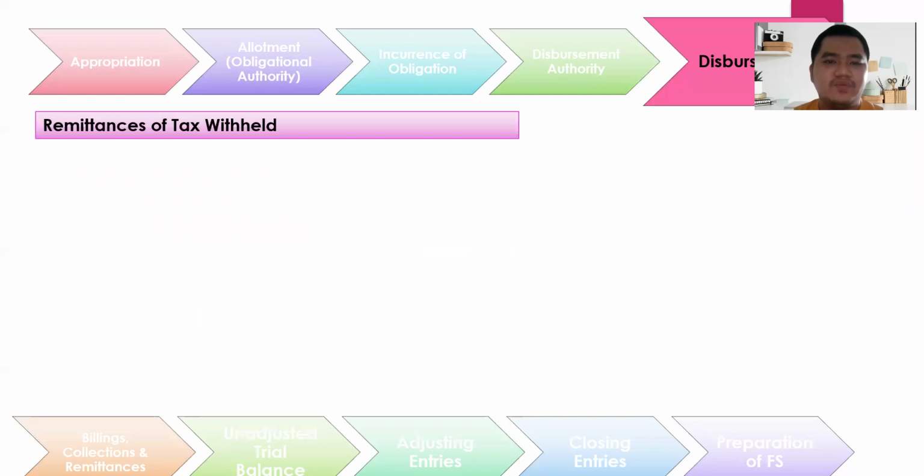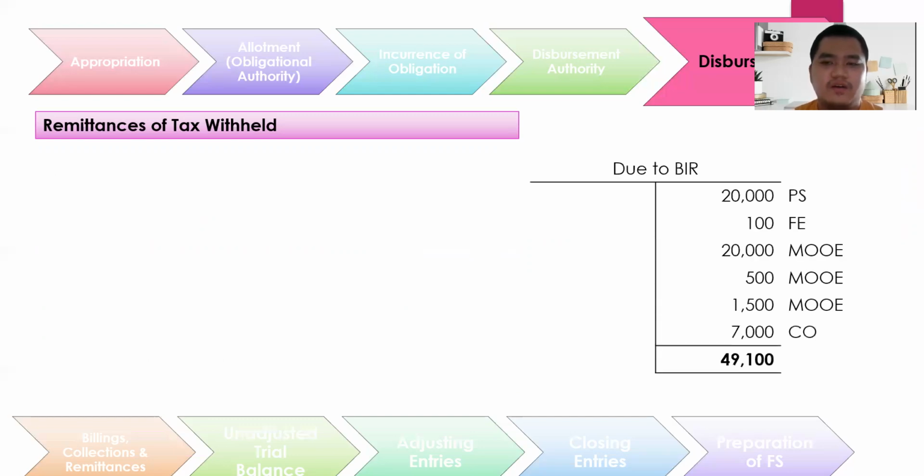Now, what happens to the due to BIR? Based on our computations, the due to BIR has a total amount of 49,100. These are the results of the withholding taxes from these different objects of expenditure. We have 20,000 from personnel services, 100 for financial expenses, 20,500 and 1,500 for MOOE, and lastly 7,000 for capital outlay. So this 49,100